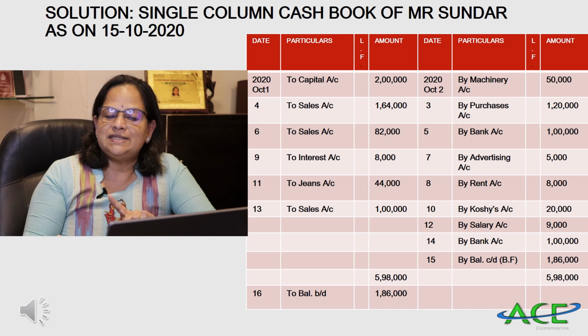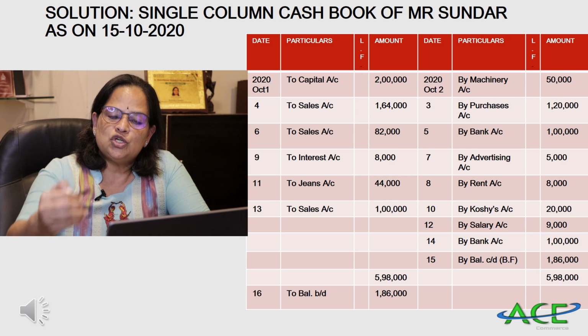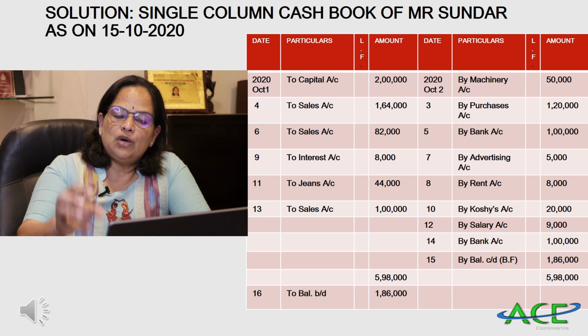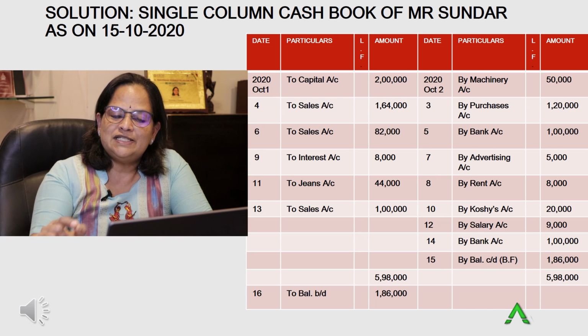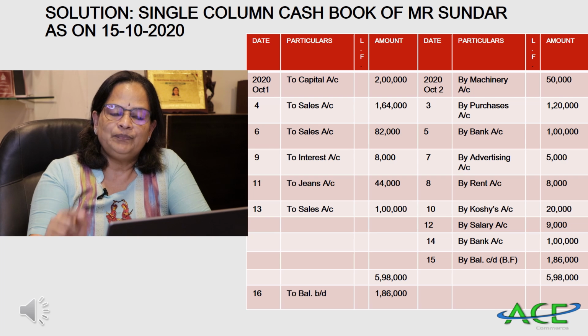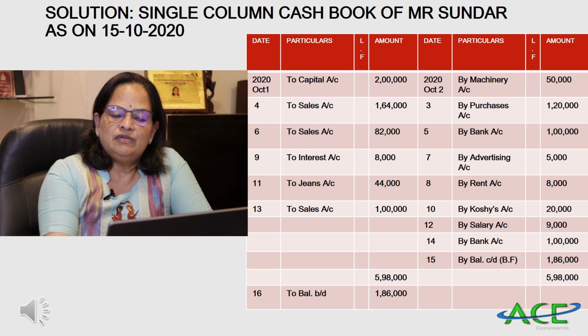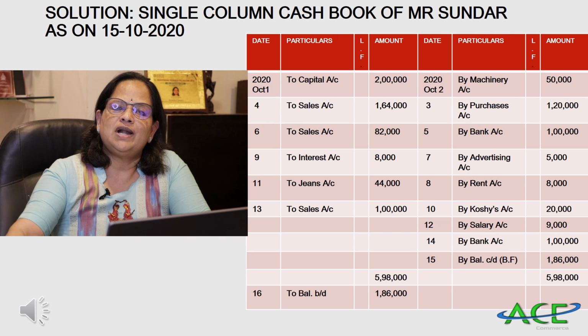Now we have to balance that. So debit side total is 5,98,000. Credit side also you have to write the same value. So now you have to write by balance brought down. Within bracket I have given balancing figure. So credit side you can see the balancing figure 1,86,000. So that is October 15th transaction we balanced and October 16th we are writing to balance brought down